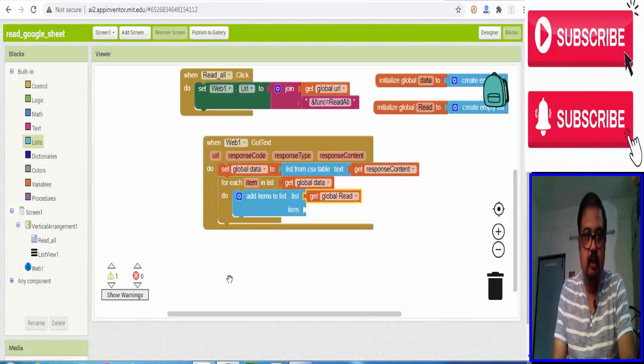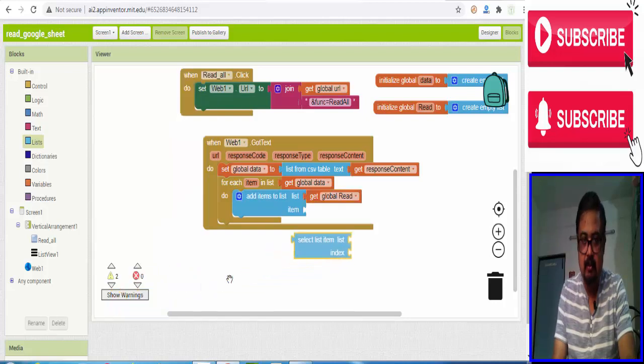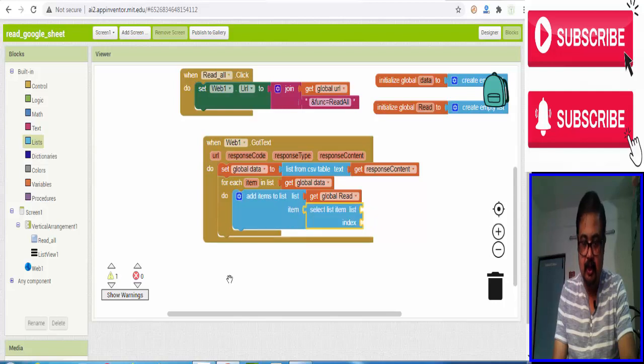select. Again we move to the list and find a select list item with index. Why do we use that? Because we have a lot of columns. Which column data we need, we can specify it over here.